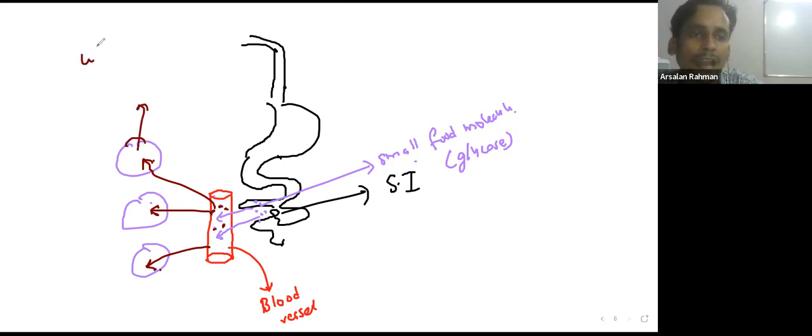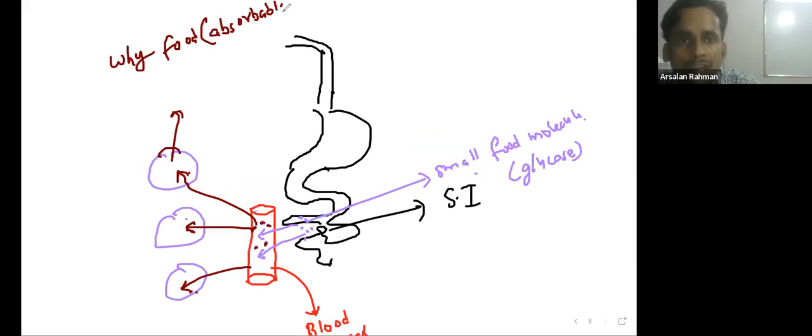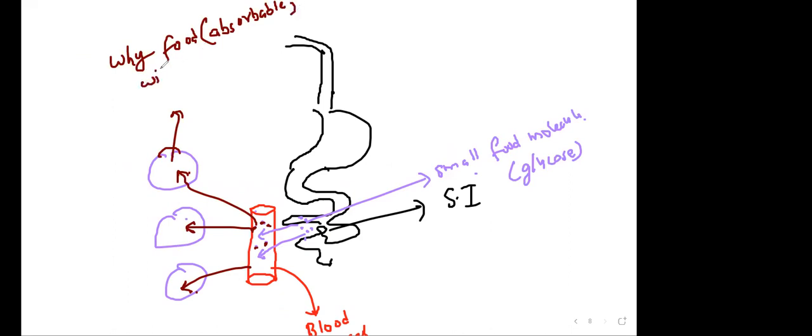Why will food enter into all cells? Which food? Beta, absorbable food. Can any one of you give me the answer? Why will absorbable food enter into all cells? Because it is easier to be